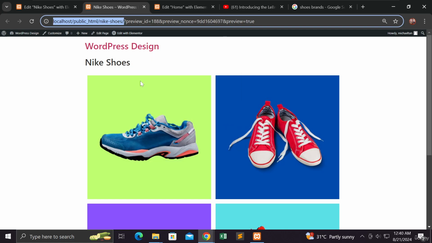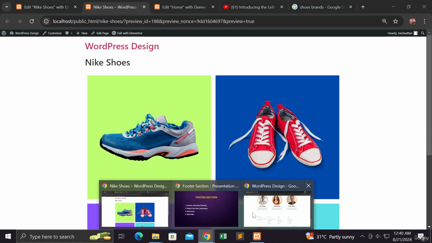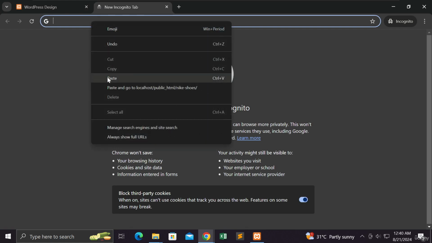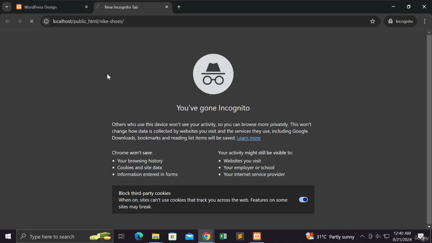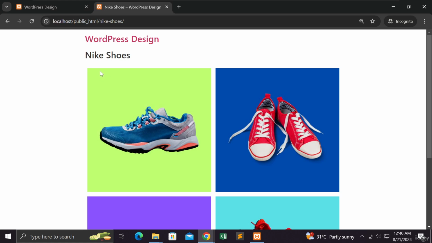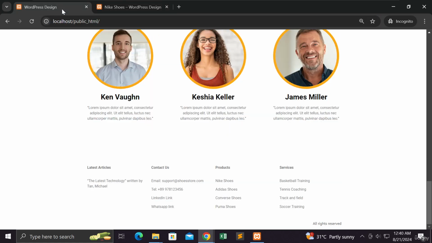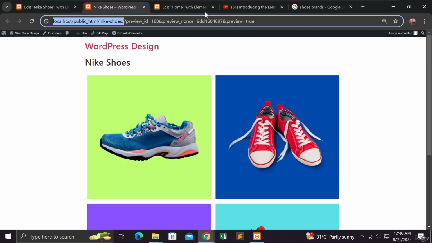So I'm gonna copy here just right after the slash, and I want you to open an incognito browser. Okay, so right here as you can see I am on the incognito mode. I'm gonna open a new tab and paste the link. So right here it is now available to view the Nike shoes page. So what I'm going to do now is, since I have copied already the URL, I'm gonna go back to the page that I was